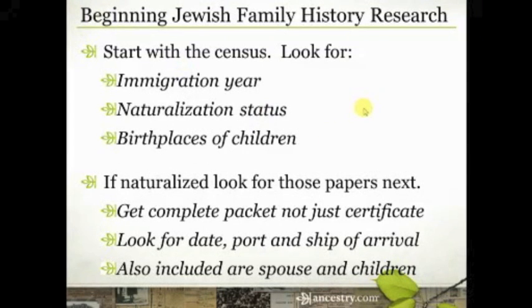So that naturalization paperwork is super important, and it helps focus your search. You know, when you find the naturalization paperwork, you know you have the right person because it often lists spouses and children. So it helps you make sure you're tracing the right person. As I mentioned, it sometimes will include information about name changes. We'll talk about that more in just a minute. And then it will list the date, ship, and port of arrival, which will then help you to find the